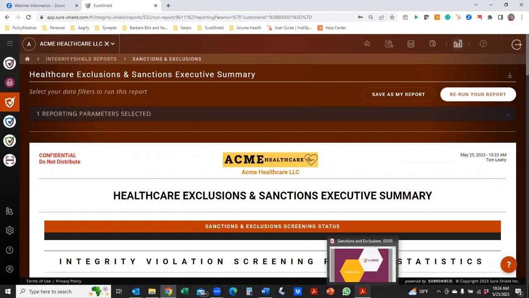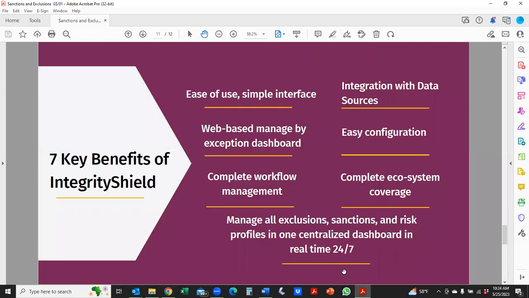So that is the Integrity Shield SES. Again, in terms of how we have set this up, there are a number of different ways in which the source data can get to us, from manually entering if you're a smaller entity. And each time you have a new person you're first going to screen, you can go in and simply check, do a quick validation, make sure that you're in good shape before you even continue on a process of contracting. And then once they're in the system, they will be constantly checked.